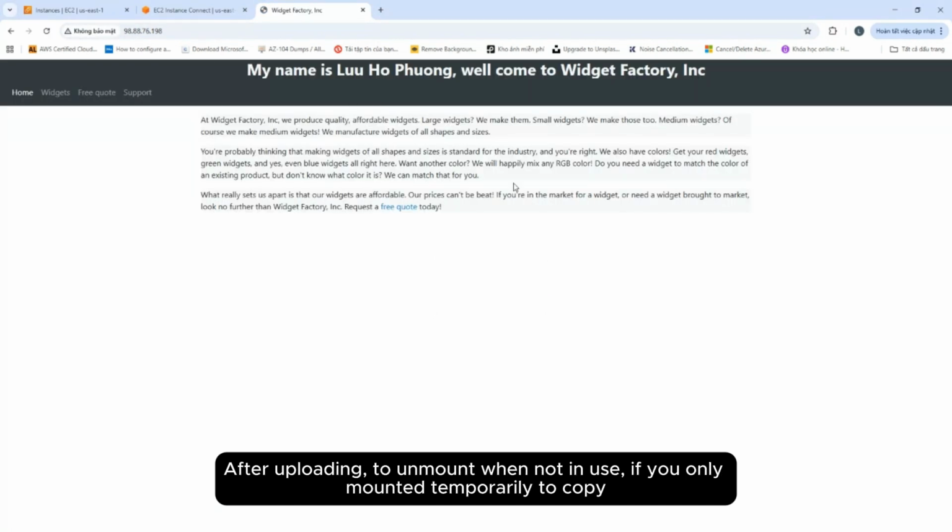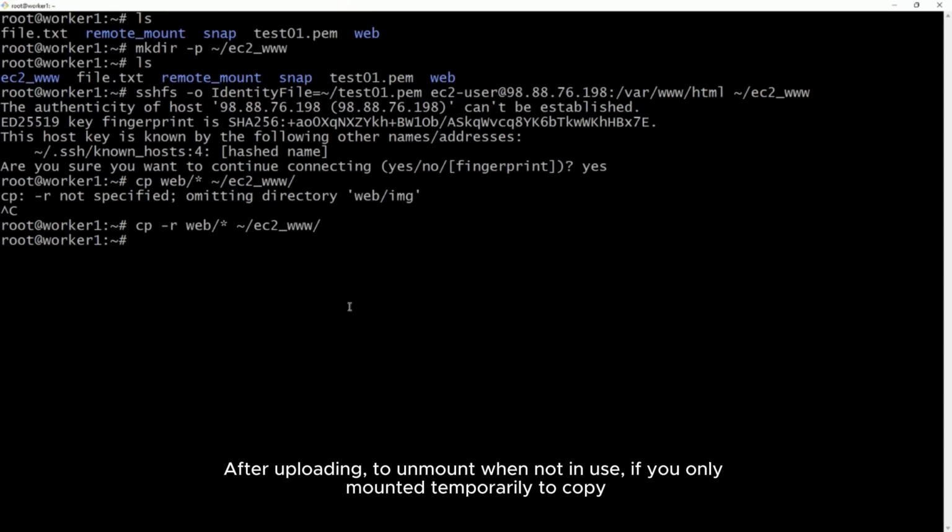After uploading, remember to unmount when not in use. If you only mounted temporarily to copy or transfer data, after finishing, you should unmount to free the connection.